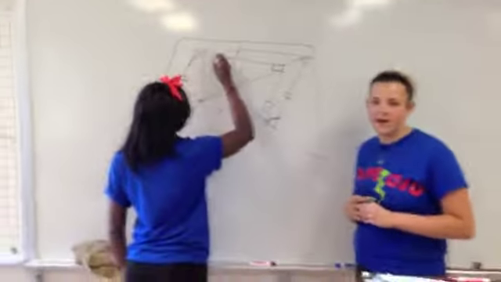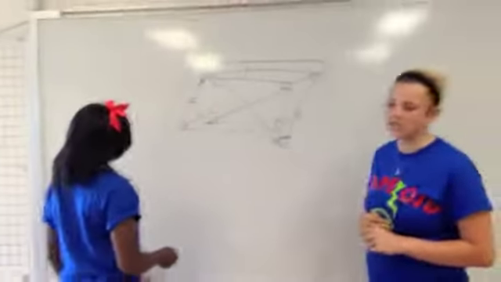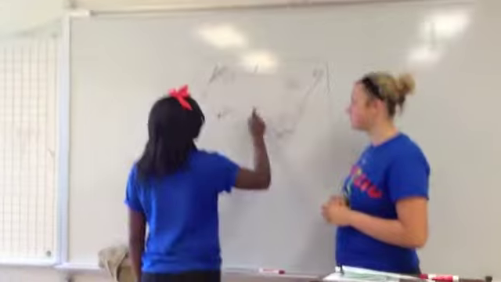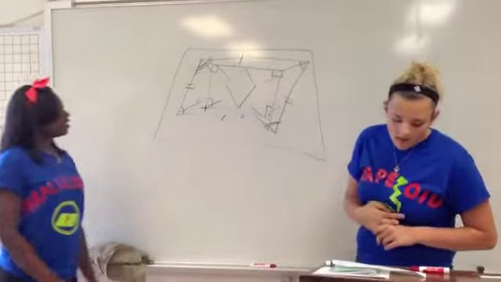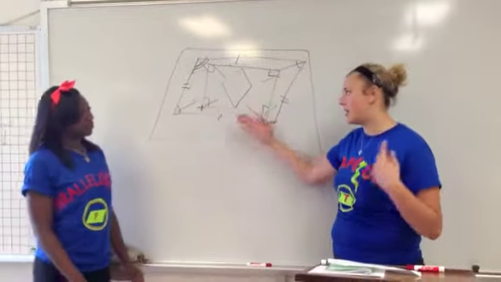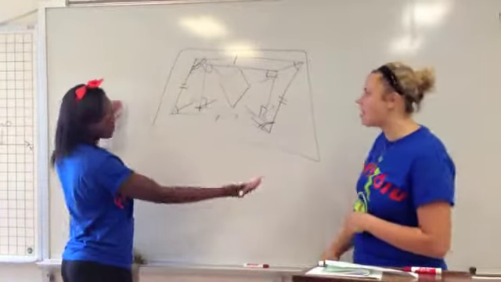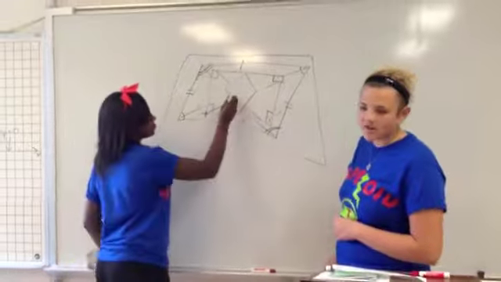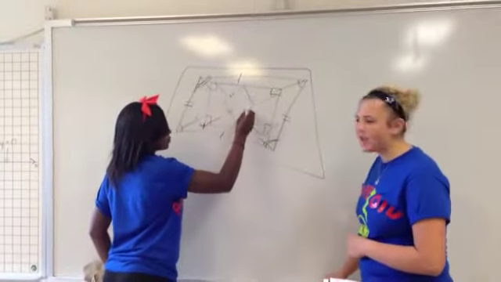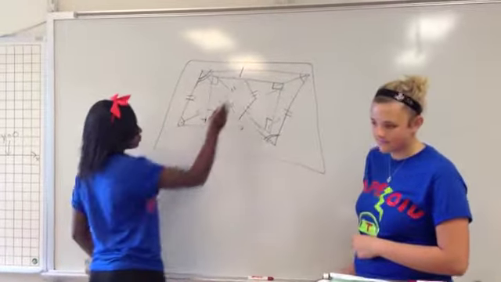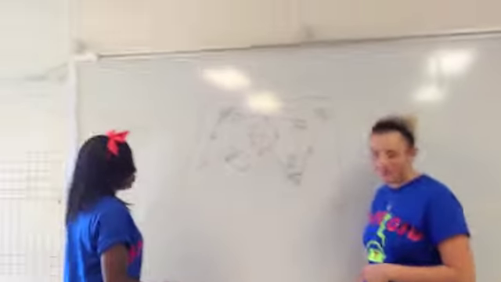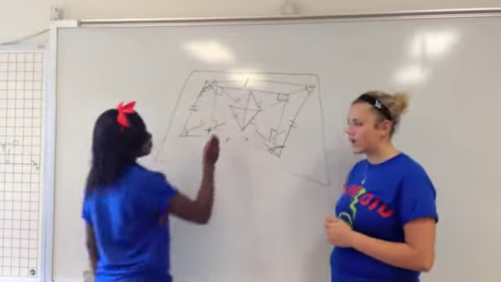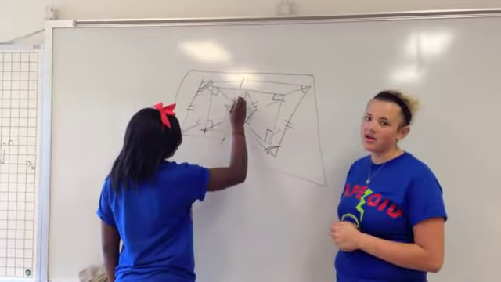Next, stemming off of a parallelogram, is a rhombus, which is equilateral. All properties of a parallelogram are in a rhombus. All sides are congruent, diagonals are perpendicular, and the diagonals bisect the angles. Stemming off of rectangles and rhombuses are squares, which have all properties of a rectangle and all properties of a